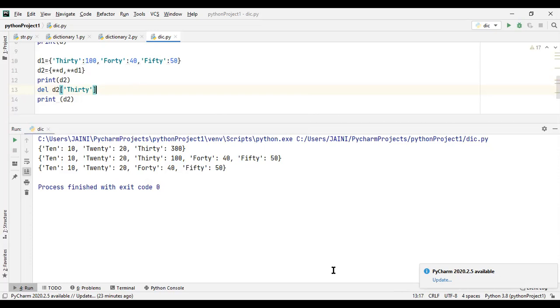Okay, now if you remember, during the list we had done a shallow copy and the deep copy. Same is true for the dictionaries.